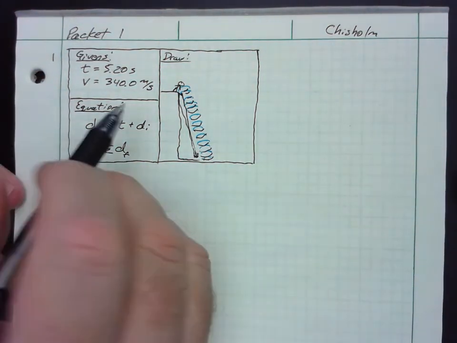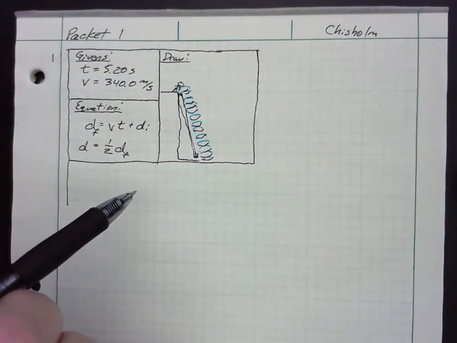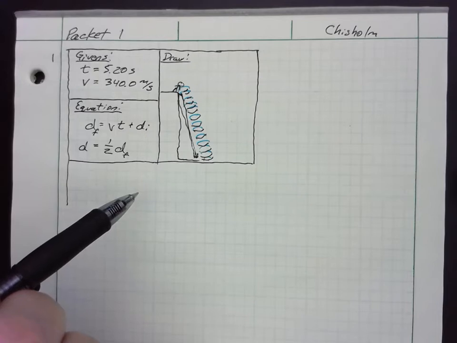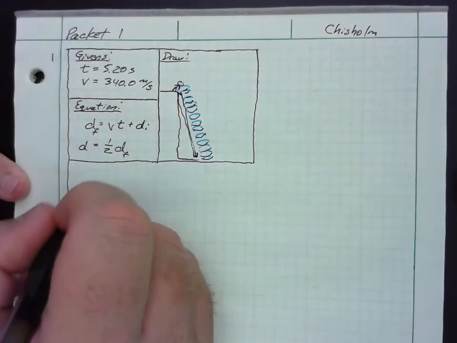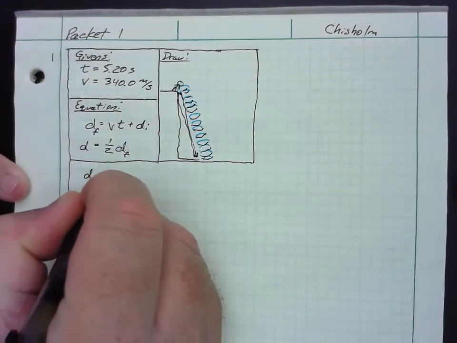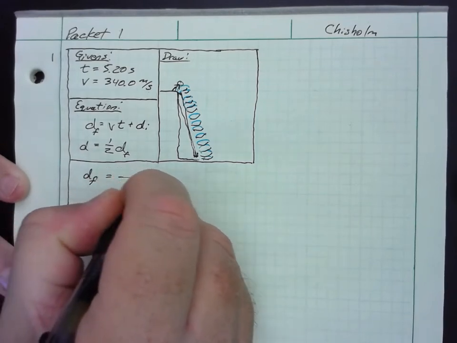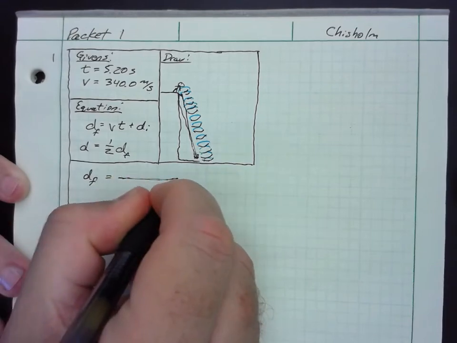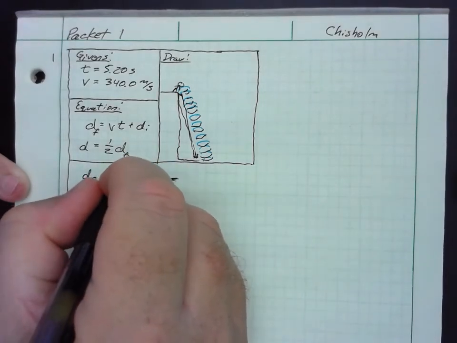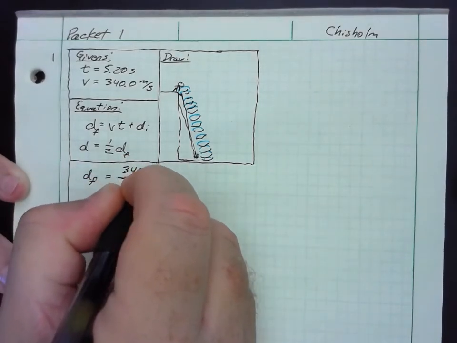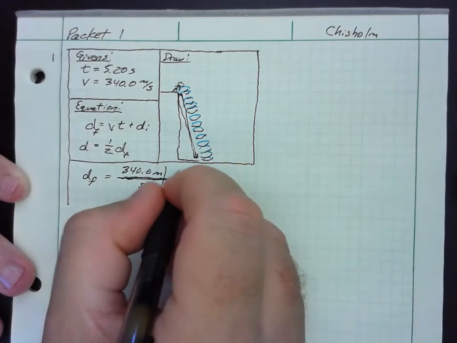So here we've got seconds and seconds. We don't have any conflicts with units, so we can go ahead and just dump them into this distance final equation. So distance final equals, and like I said before, I like to use dimensional analysis for just about everything. Okay, so velocity is 340 meters per second, and the time is